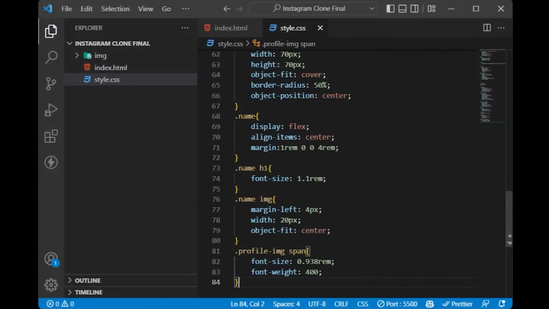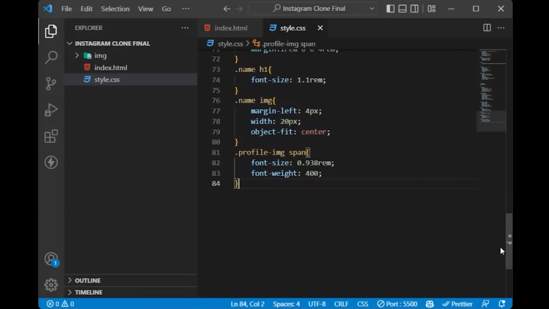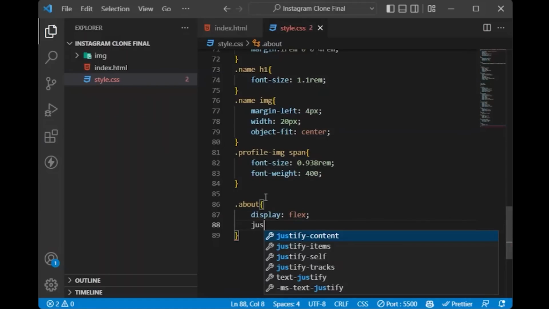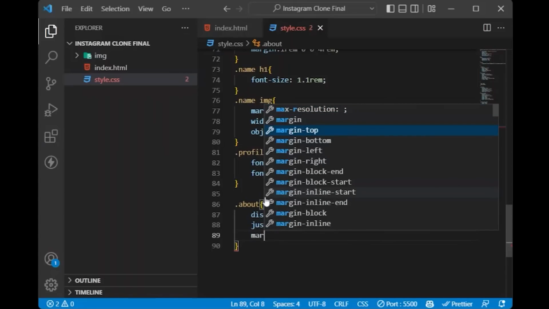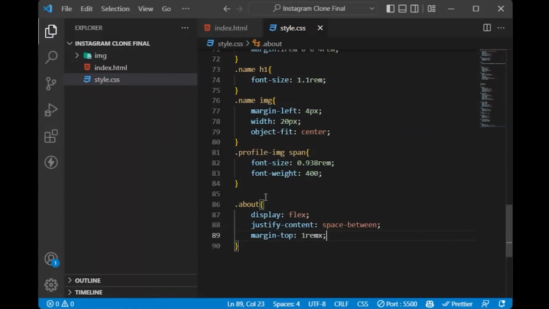Let us just add these styles for this. Move down, and yeah, we have added the profile. Now let us add the CSS for the about section. Say it as display flex, and your justify content as space between, margin top as 1 rem,